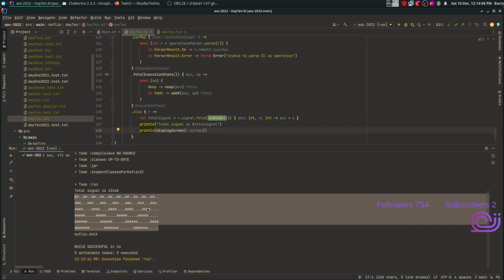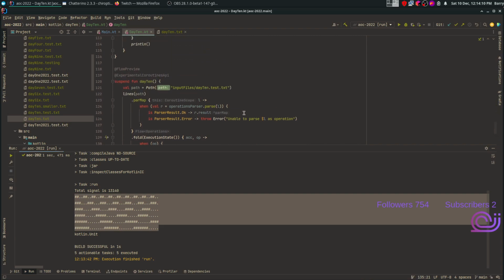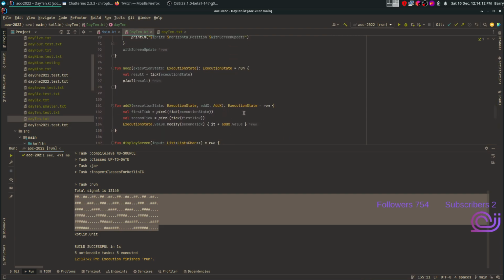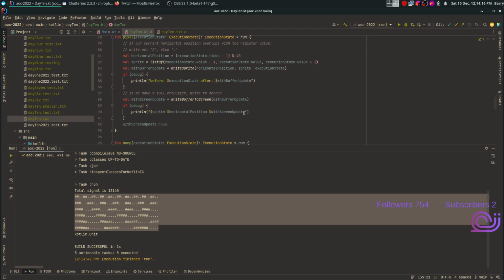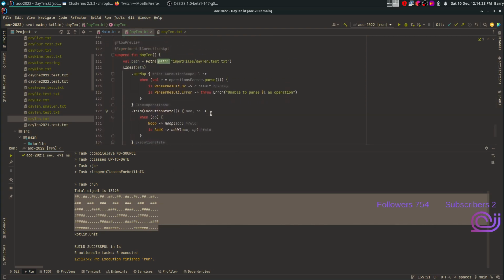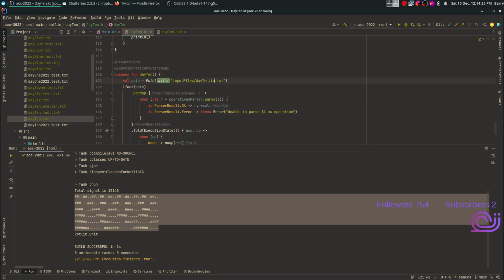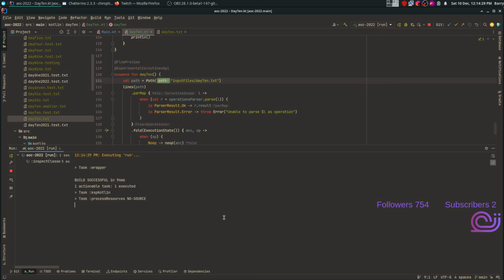So this is a monitor of 40 characters wide by 6 characters tall. And then you do this really ugly state mutation, and write these things to the screen, and then you can display them. Now, the actual answer should be this one, and then if I play this thing,